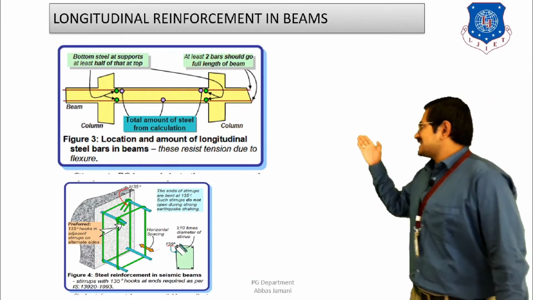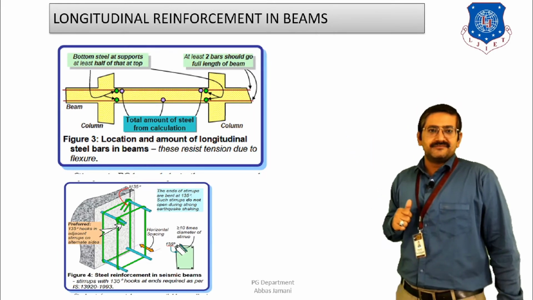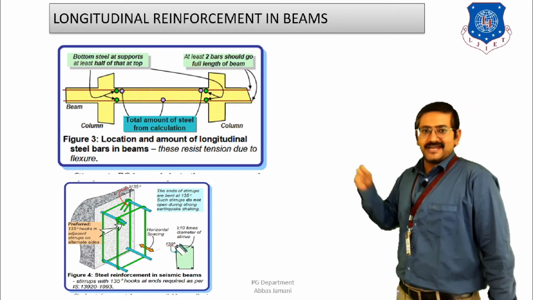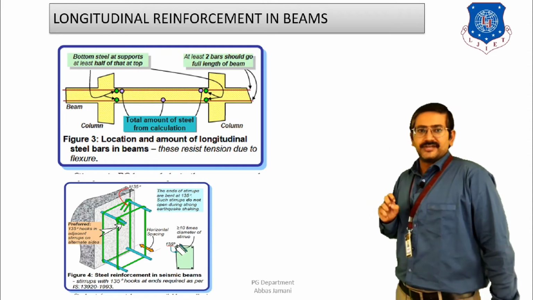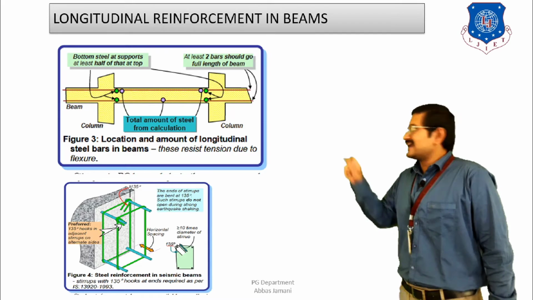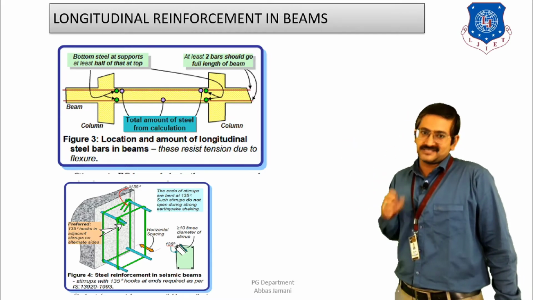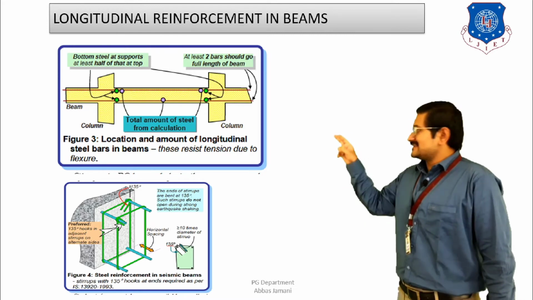Now, as you can see in the figure over here, a longitudinal section of a beam is shown, right? When I am talking about the last clause that we have seen, you can see that two bars are shown. One bar is shown at the top that is going through and through. The second bar is shown at the bottom which is going through and through. So you can consider these bars as following the guideline of the first clause, that is 2 12 mm bars are to be provided through and through. The second guideline is that near the support section,